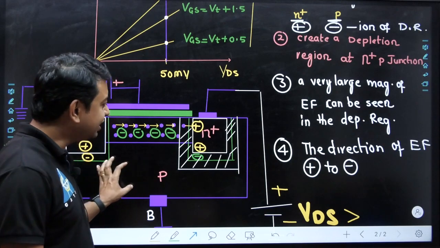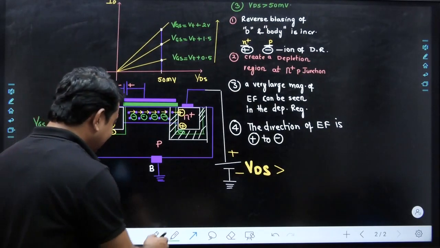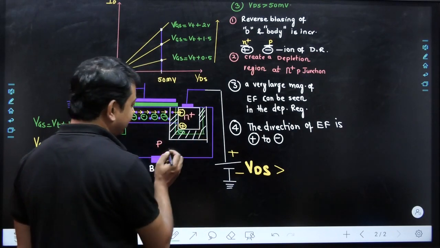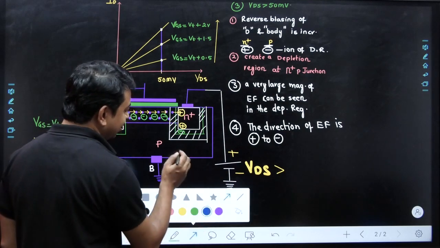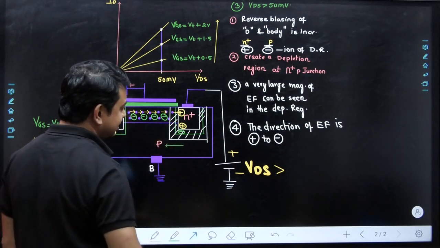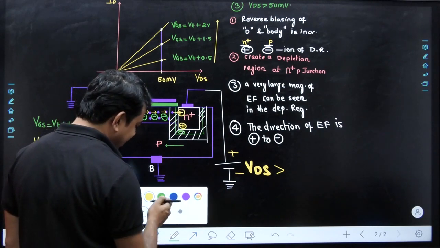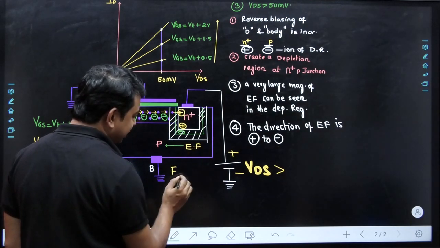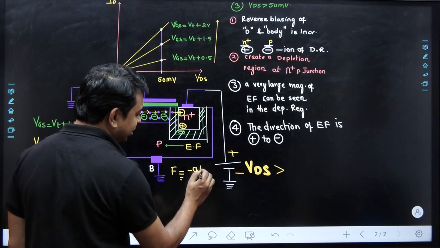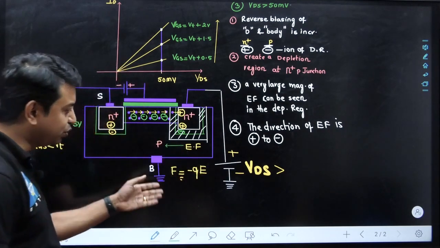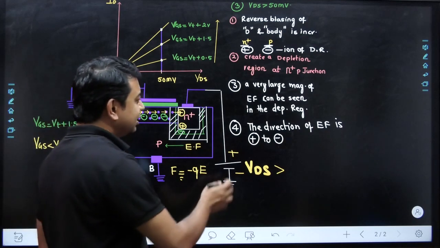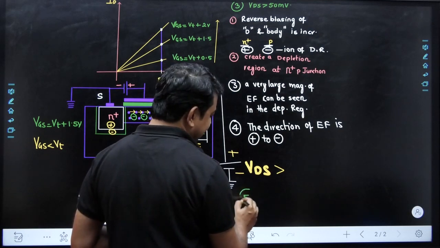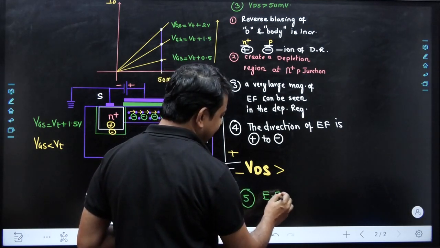If the electrons are getting inside the depletion region, they feel an attractive force because of the positive potential or the electric field which is present here, and I can draw the direction of the electric field. This is the direction of the electric field. So if the electric field is in this direction, we know that the force experienced by the electrons is minus q into E. So definitely this force will attract the electrons. That means we have noticed the direction of the electric field, and at the end we can say that this electric field is present.